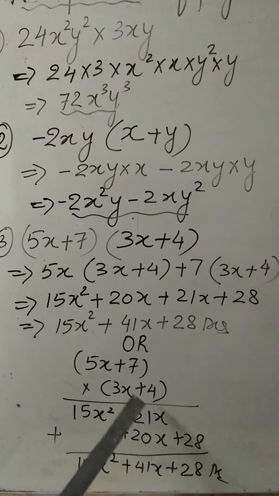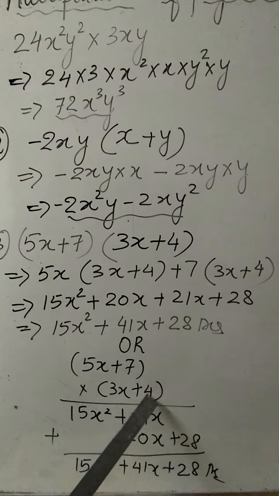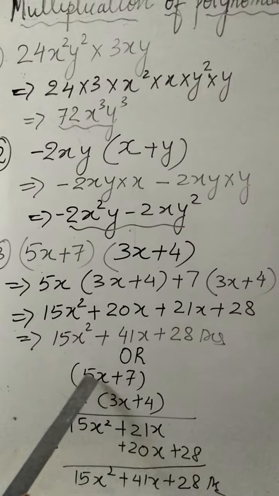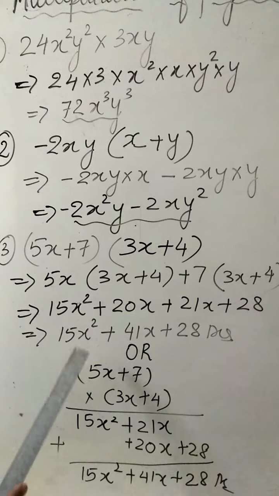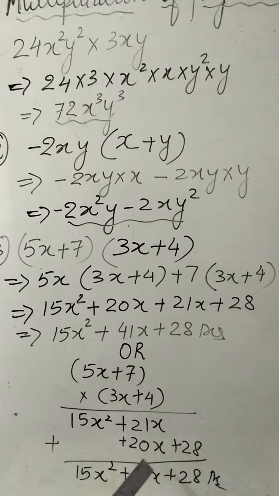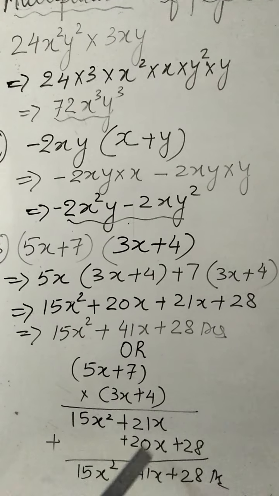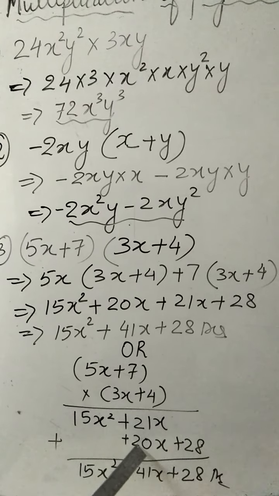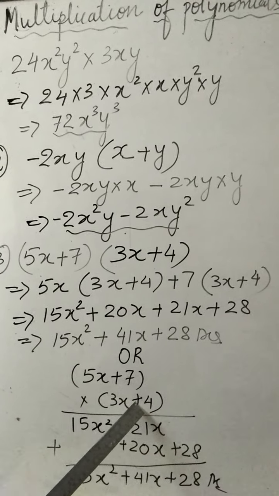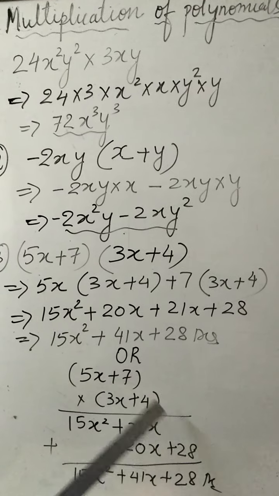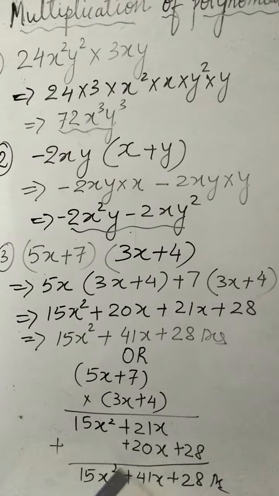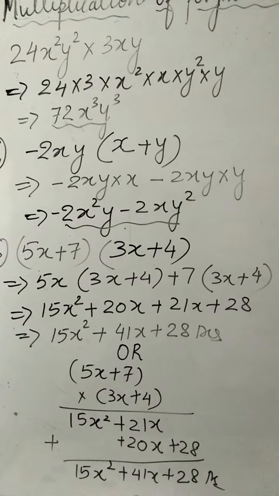Now in the second line, you have to start multiplying with 4. So 4 5s are 20 and x is also there, so 20x. And here x is there, so that means they are like terms. You can write it just below that. So I have written here 20x. Again multiply, and again you check the sign. Here is a plus sign, here is a plus sign, so here will be plus. 4 7s are 28. Now add up. After adding, you will get this answer.